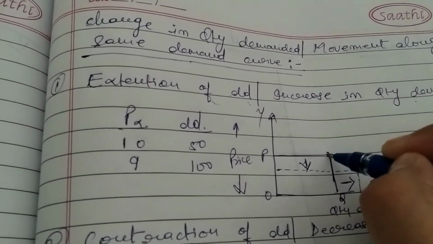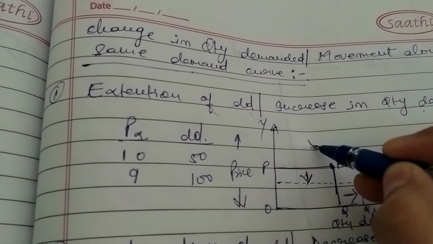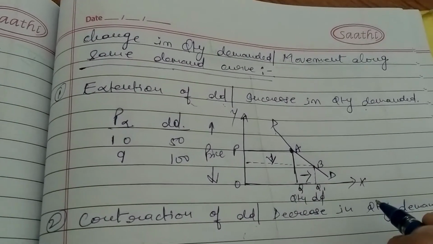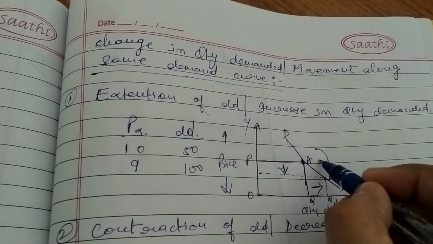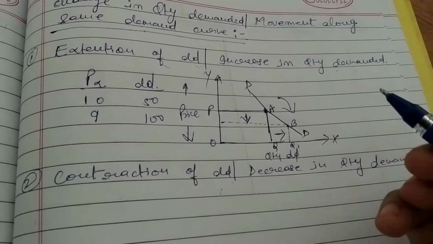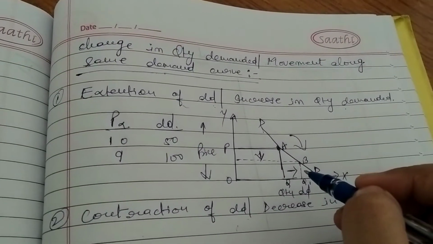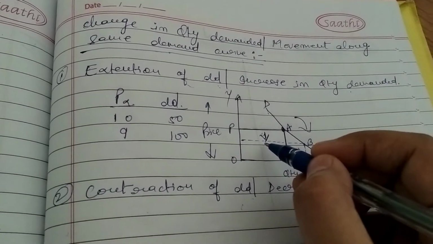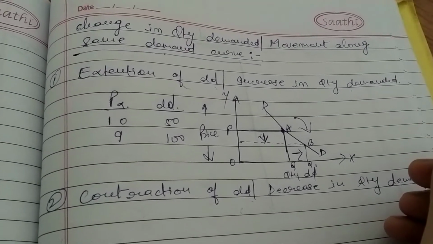So this is point A and point B. When you draw the demand curve, DT is the downward sloping demand curve. So here we move downward from point A to point B along the same demand curve. So it is also known as extension of demand or increase in quantity demanded. There is a downward movement along the same demand curve. So this is extension of demand when there is a change in quantity demanded due to change in commodity's own price. We assume that other factors which affect the demand remain constant. There is no change in other factors.